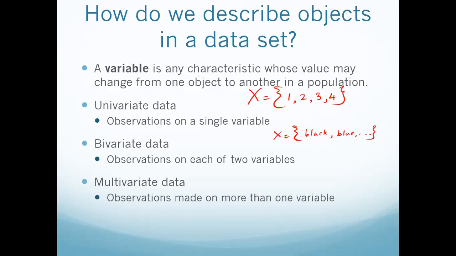Okay, so univariate data means we have a single variable, which means our observations are based on a single